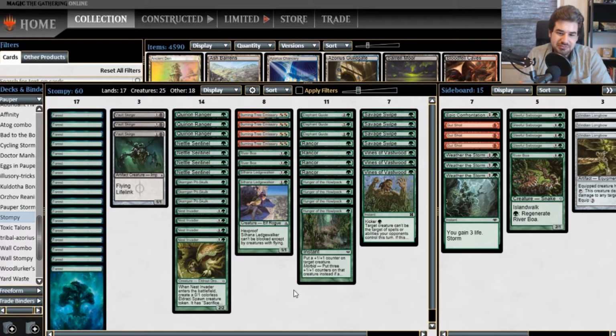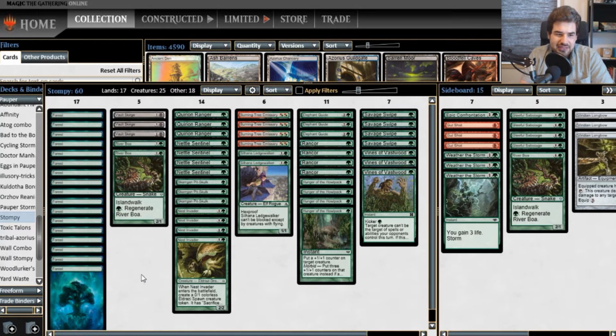Like Vault Scourge with any of our pump spells against Burn or another aggro deck is just insane. They definitely turn the clock in our favor. While something like the River Boa against Mono Blue Tempo or the Delver matchups, the Scred Delver matchups might be